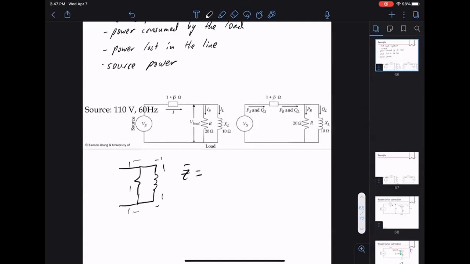So the same equation works, right? For complex impedance, the equation works exactly as when you have real numbers, where we have just resistance. So the exact same equation works. This is 1 over R plus 1 over JXL, the exact same equation as before. This is 1 over 20 plus 1 over J times 10. When you do this, you get 4 plus J8